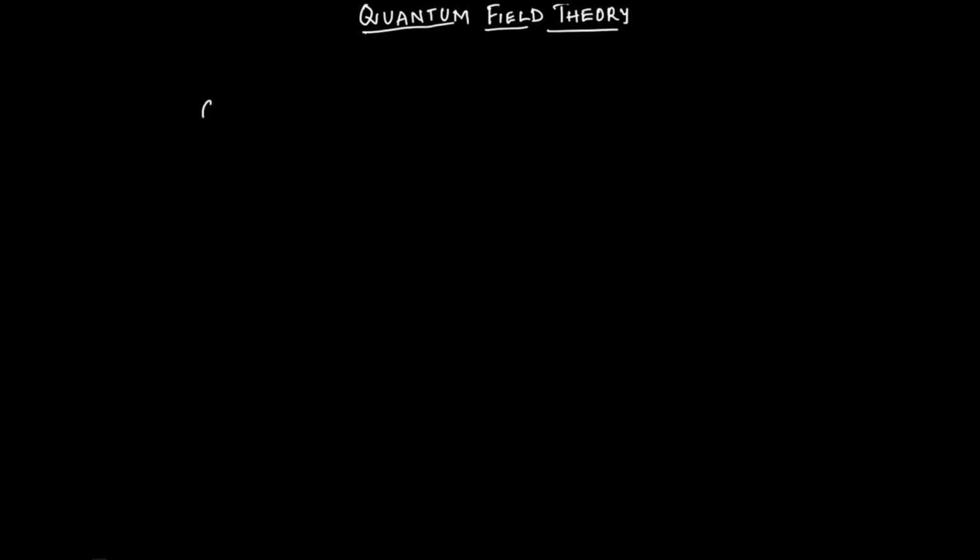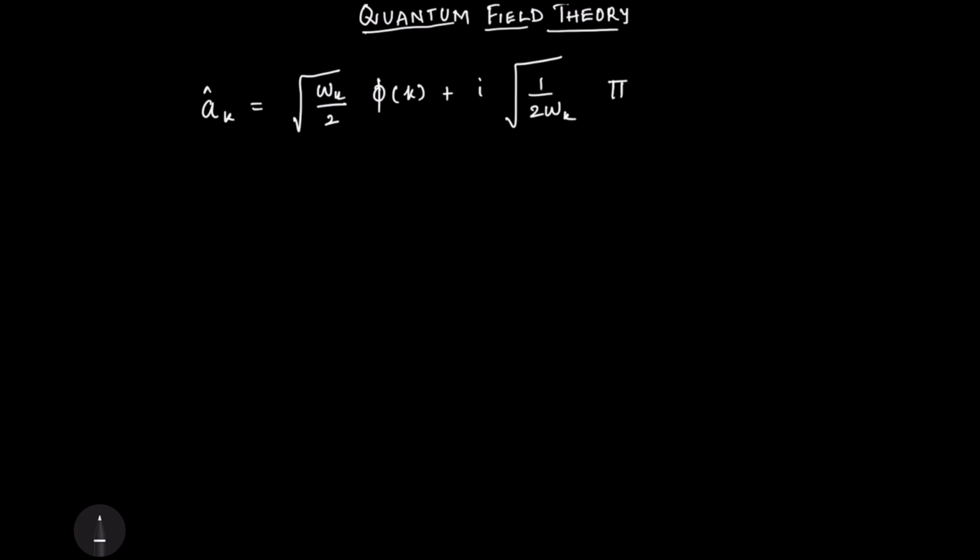So I'll just write down what we obtained in the last class. a_k is equal to root of omega_k by 2 phi(k) plus i by root of 2 omega_k pi(k), and a_{-k} dagger is equal to root of omega_k by 2 phi(k)